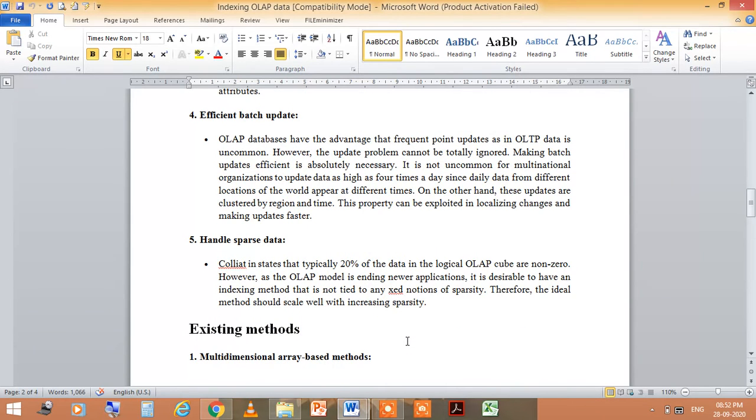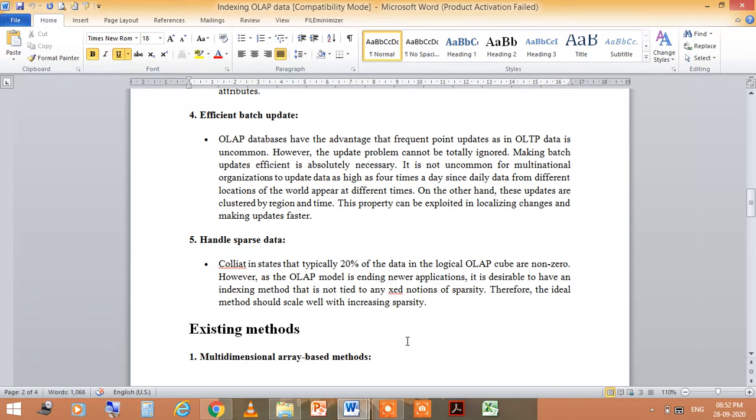The fourth one is efficient batch update. OLAP databases have the advantage that frequent point updates, as in OLTP, meaning online transaction processing data, are uncommon. So the update problem cannot be totally ignored. Making batch updates efficient is absolutely necessary.